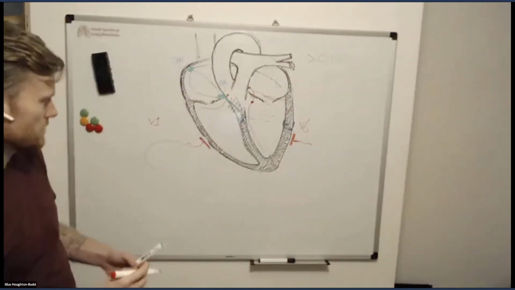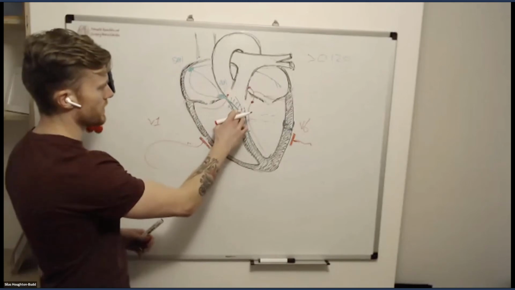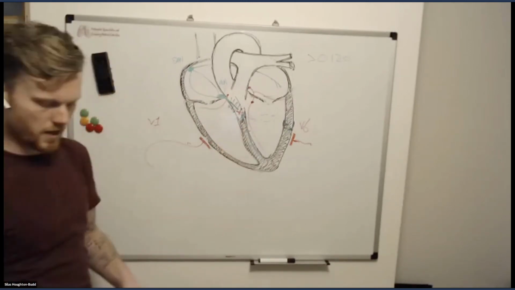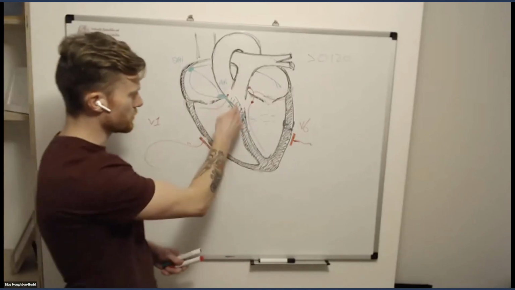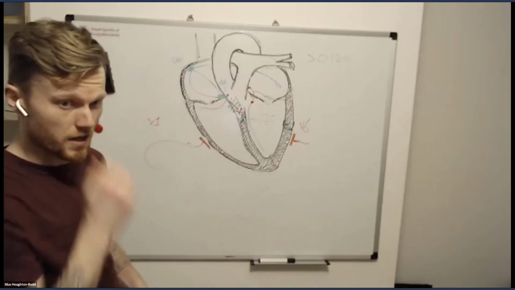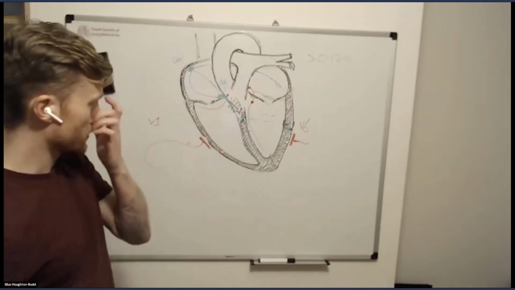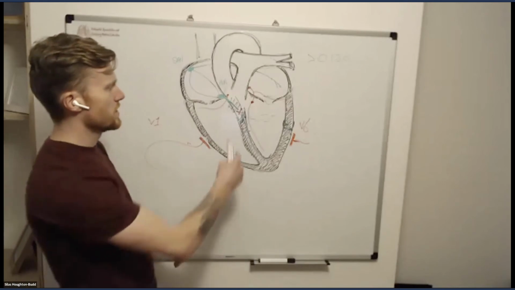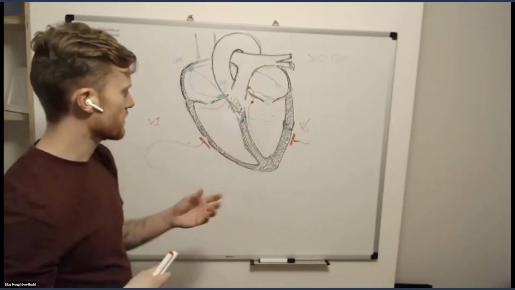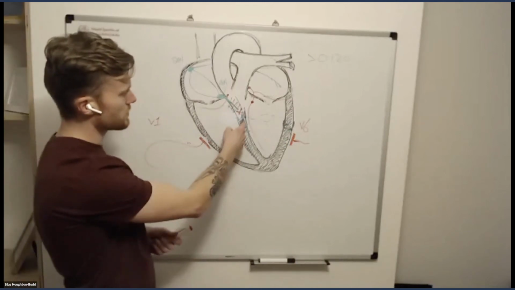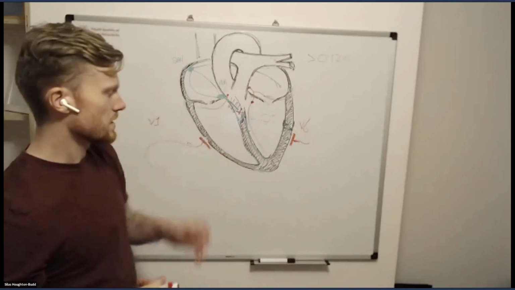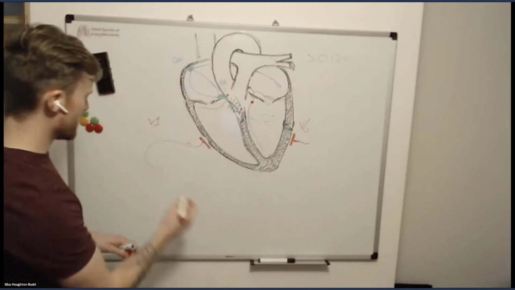Now let's look at a similar pattern, but on the left. If we imagine, again, we've got some sort of anatomical or functional block of the left bundle branch. There's a certain characteristic pattern that we can see, but it occurs slightly differently to the right bundle branch pattern, because we know the left bundle is responsible for slightly more complicated stuff, including interventricular septal depolarization and anterior and posterior left ventricular depolarization. So if we start in V1 this time,